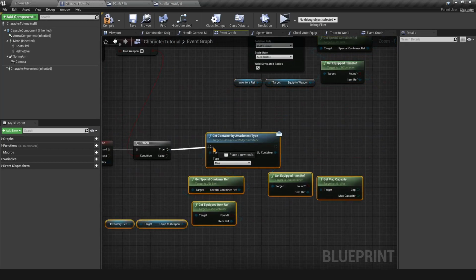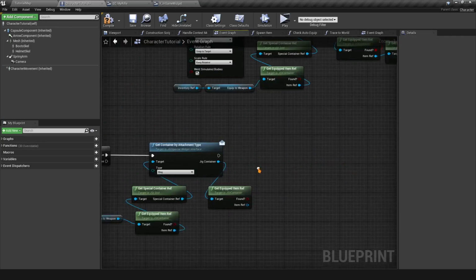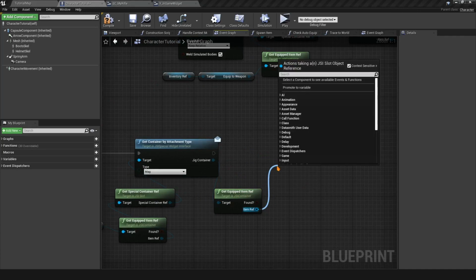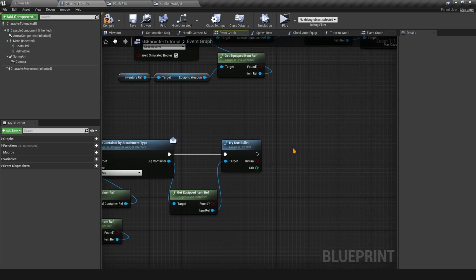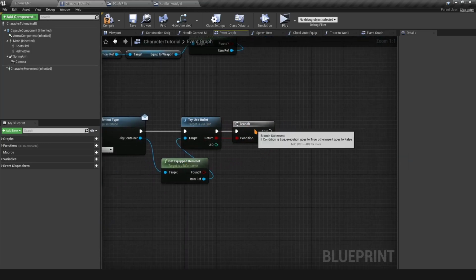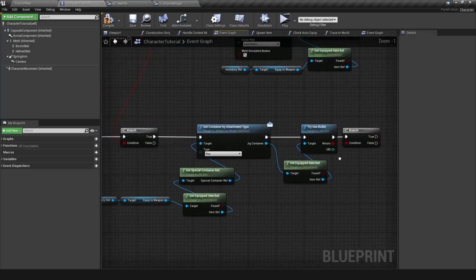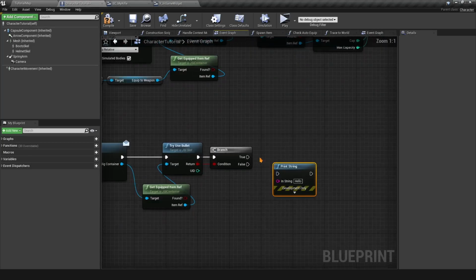So I want to get the special container, get the mag. Then what we want to do here is do the try use bullet. So this function is going to try to use the top item, just like a magazine, of course. And if it succeeds, then we can shoot. Of course, if it fails, then we probably either don't have enough bullets or something else. So if it's true, we are going to print the shoot here, and definitely update